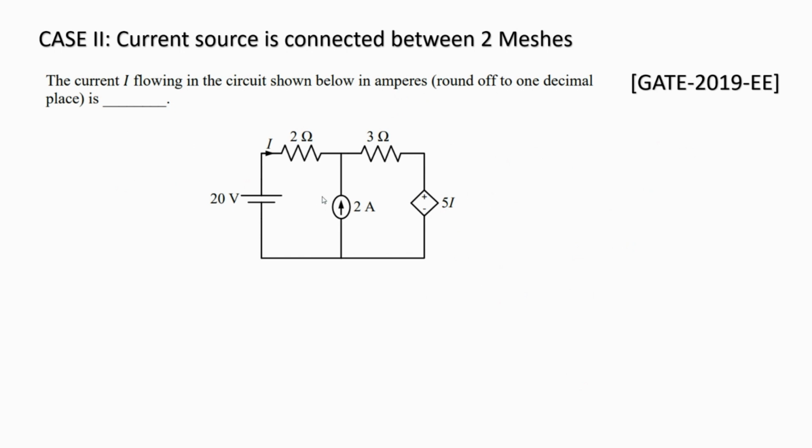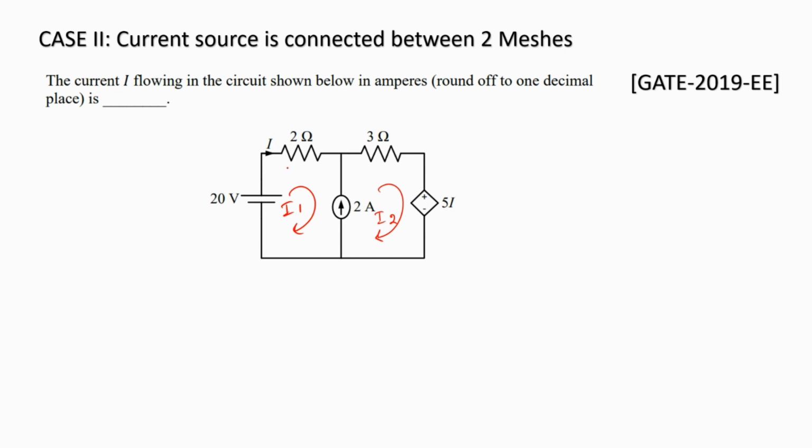Let's move on to the second case. In the second case, we have a current source connected between two meshes. This is the first loop and this is the second loop. In these two loops, let's mark the loop currents as always. This is going to be I1, and I'm considering this to be I2. In this scenario, we are going to ignore this current source altogether and consider